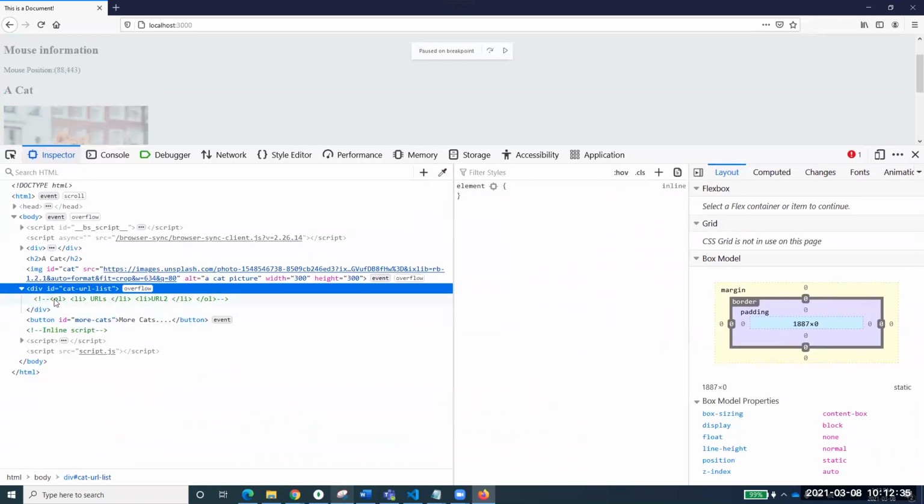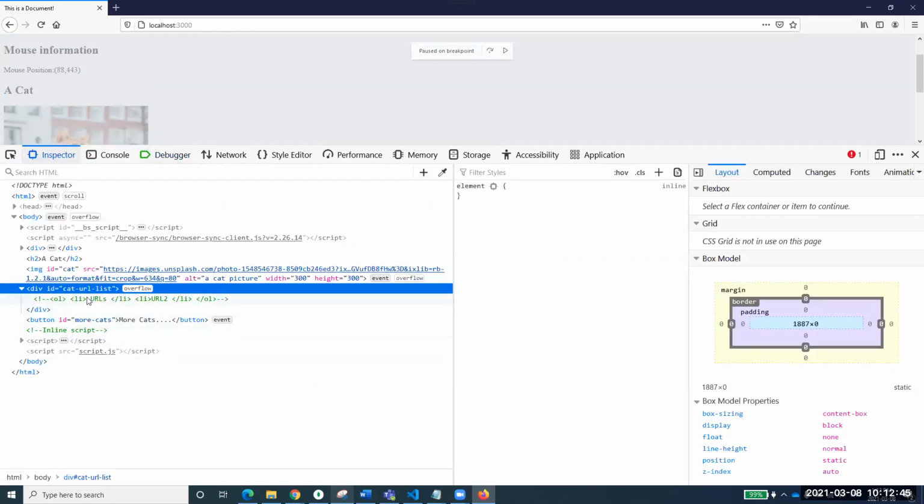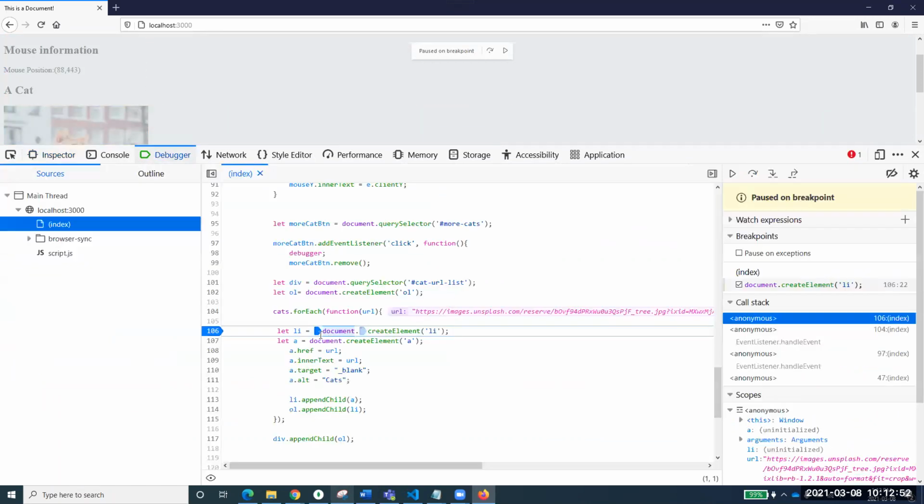I'm asking why this OL is not being added over here. Anyone? Even though we have reached where? We have just run this once and this OL is not here. Can anyone tell me why this OL is not here? It is made after the remove button. No, we are inside that remove button. We are inside that one. We are after the remove button and we are inside this one.